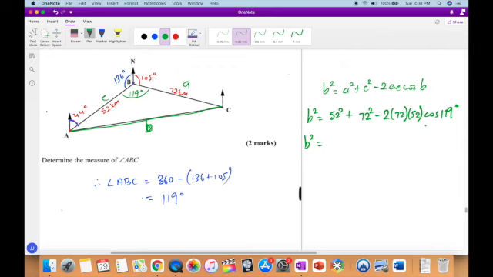I would find 52 squared plus 72 squared first, and that would give me 7888 minus, and now I would find that, and how I'd find that is I would actually type in the cos of 119 first, and that is a negative, and I'll actually multiply that by 2 times 72 times 52, and that is equal to, and because this is a negative, the negative and a negative gives me a positive, so that'll be positive